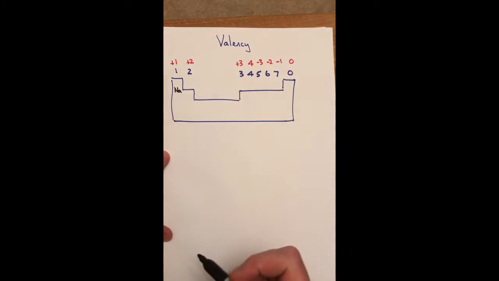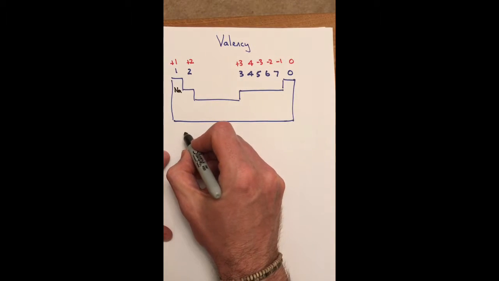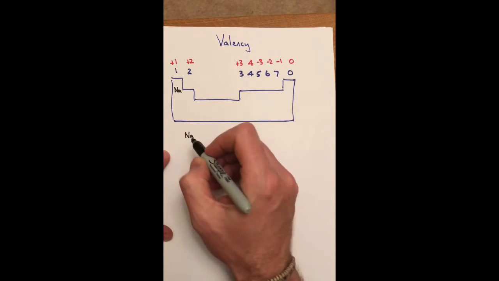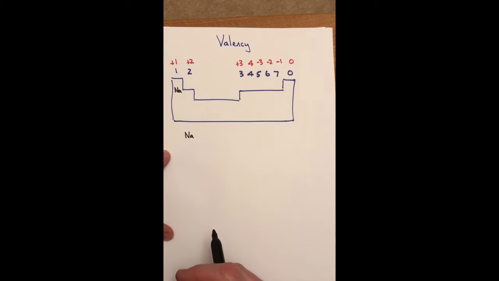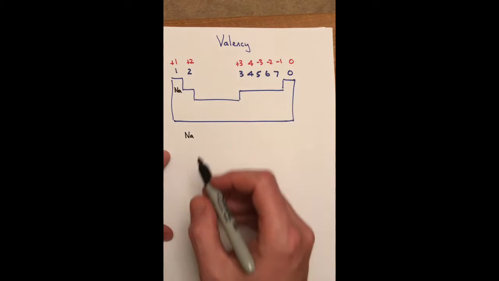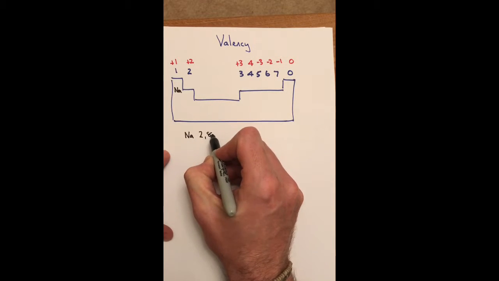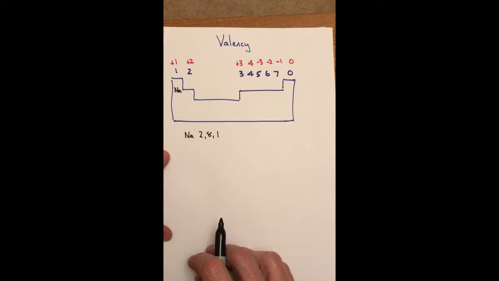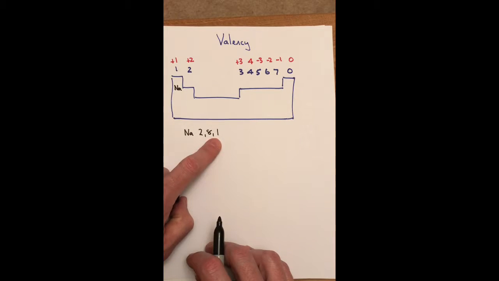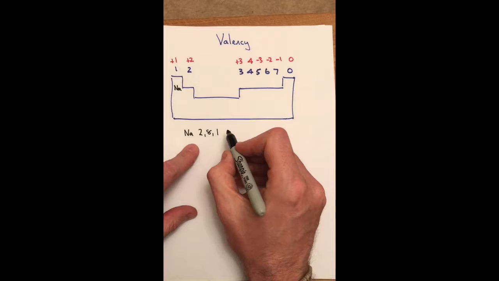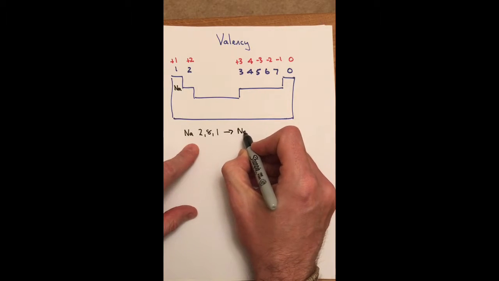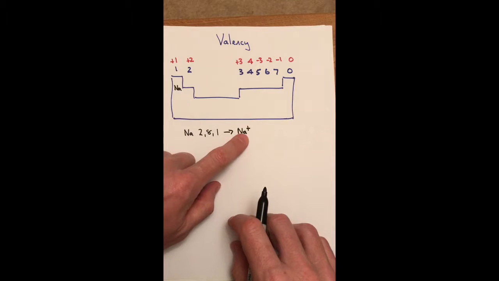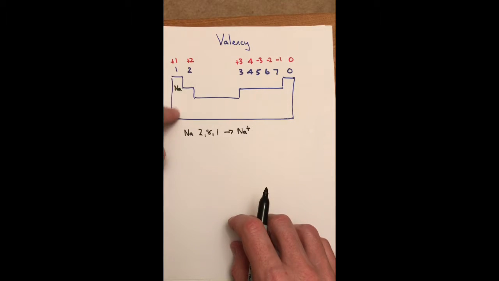So if you look at this group here, to give you an example, this is group 1, we have got sodium. Sodium has an atomic number of 11. That means it contains 11 electrons. 11 electrons are arranged 2, 8, and 1. That's not a stable electron arrangement. So sodium needs to lose this outer electron in order to become stable. If it loses an outer electron, which has a negative charge, it is going to become a sodium ion, Na+,